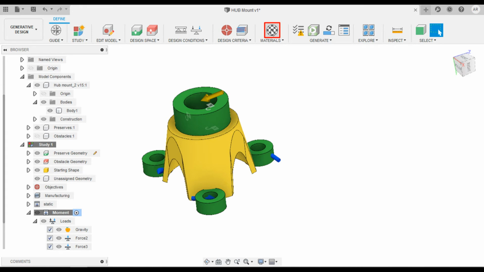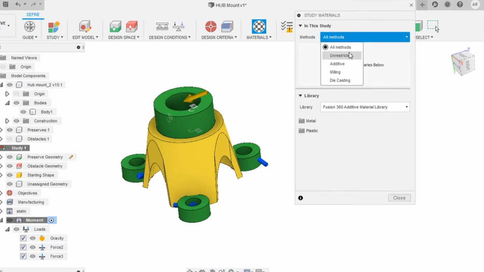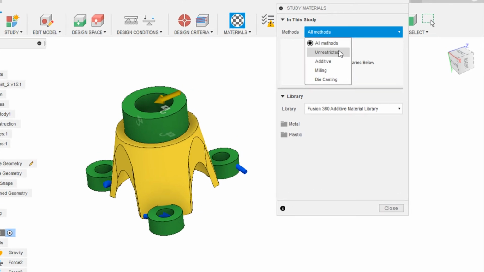Coming to materials, we can define materials for all the methods at a time, or we can define materials for each method. I recommend you set the materials for each method. If you select all the methods, you can define only 7 materials for all the methods. You are not allowed to select more than 7 materials for all the methods. But if you set materials for individual methods, you can define 7 for each manufacturing method, thus generating more outcomes. It's not going to cost you more cloud credits if you add one more material. Thus, I recommend you set the materials for each method individually.